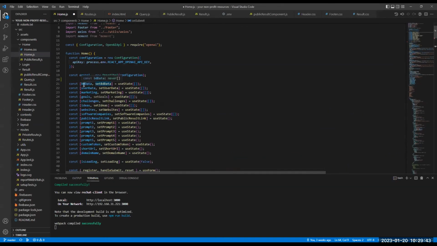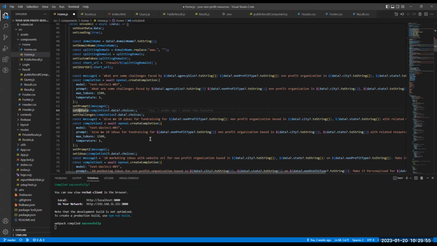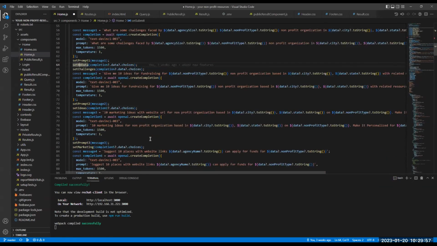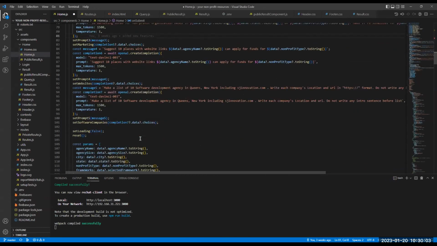So we are getting business development data, user data, marketing data, goals, challenges, ideas, websites, companies, software companies. We keep all those results in a state, and then we have to do some string operations to get the results well organized and displayed on our website.